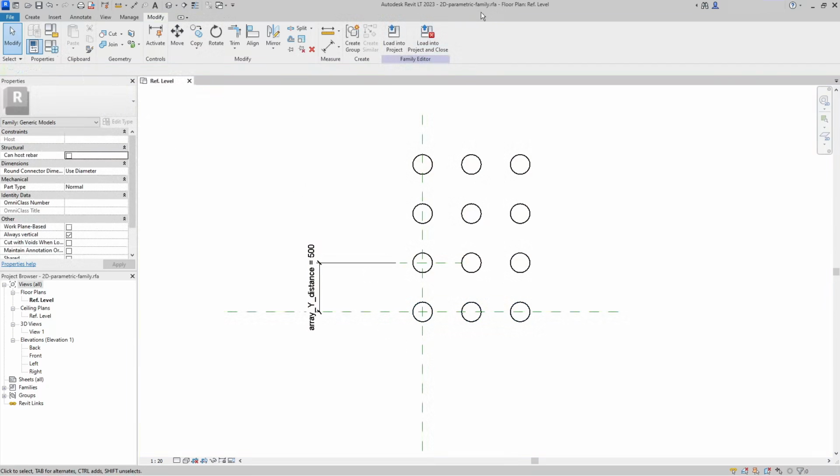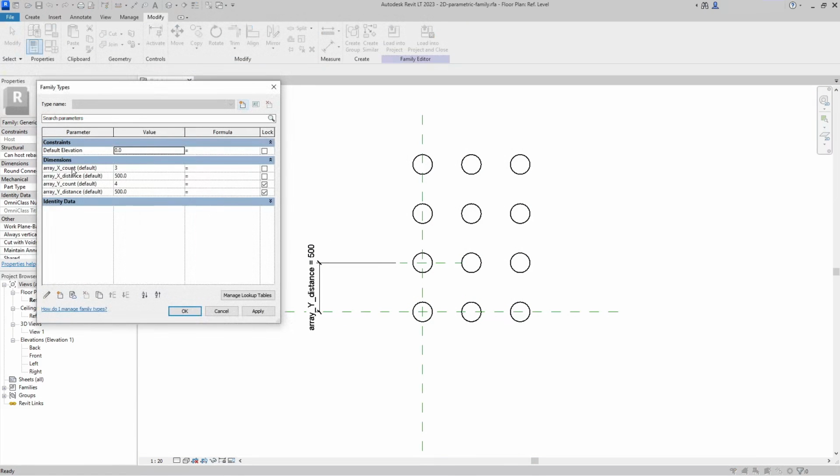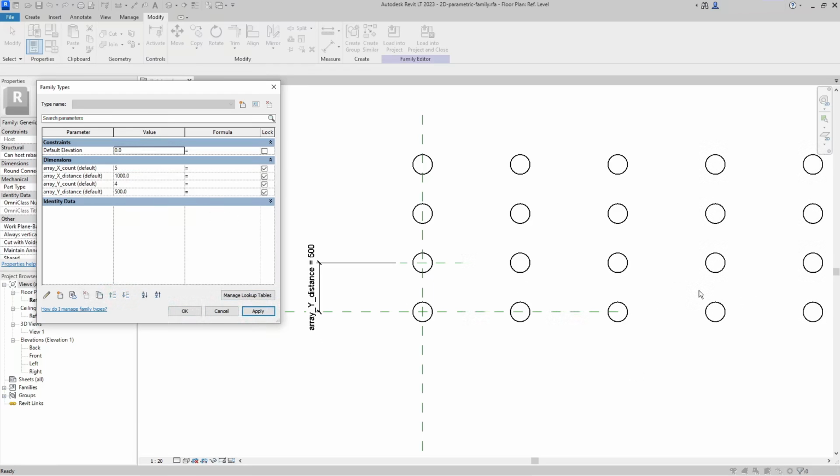Now if I take a look at my 2D parametric family into the family type, you can see that I've got array x count and array x distance, and I will lock those numbers. And if I change the number to 5, it changes the number inside of the nested family. And also if I change the distance, it changes the distance in the array family. So let's change the numbers to some default ones